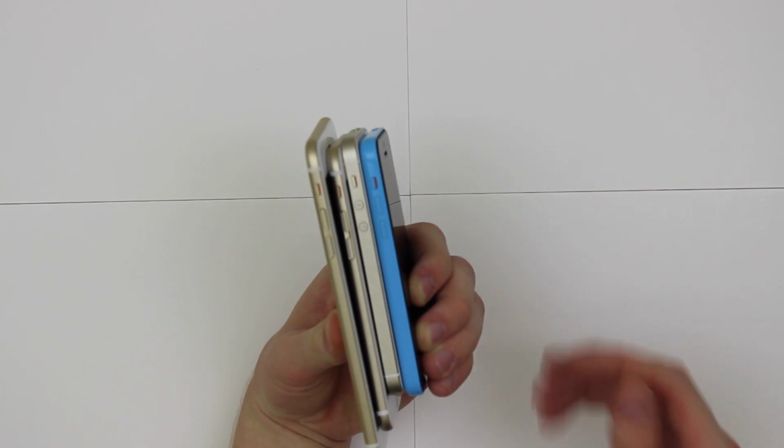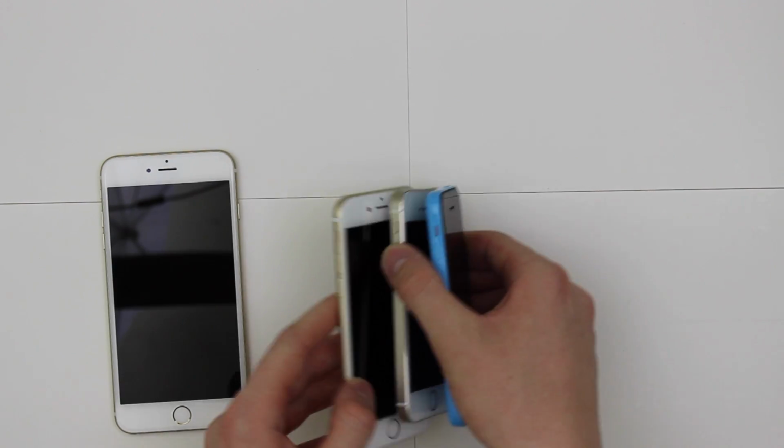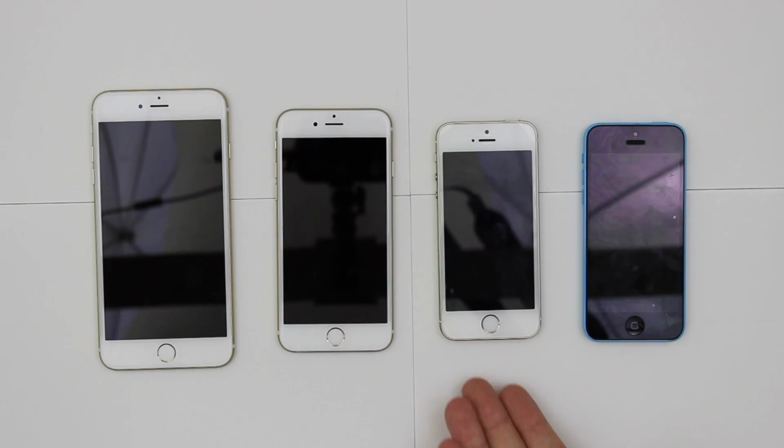If you already know how to use an iPhone, then you know how to use an iPhone 6 or 6 Plus. They're just a lot nicer looking, which is an absolute bonus, since you're going to be spending quite some money, especially on the 6 Plus, or upgrading from a newer model. I think if you're anything below an iPhone 5S user, even if you have the iPhone 5C, I'd say the iPhone 6 or 6 Plus is a fantastic upgrade. If you're on an iPhone 5S, it might not be the time yet. You might want to wait till something like the